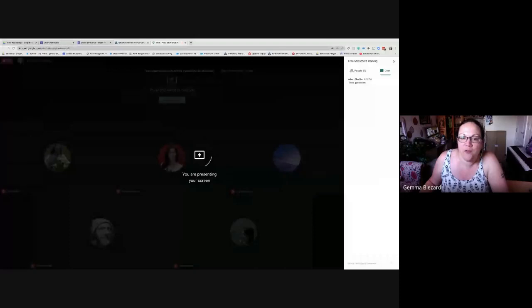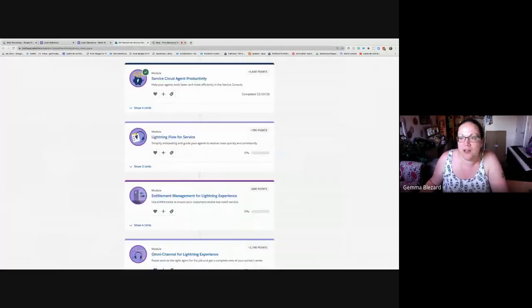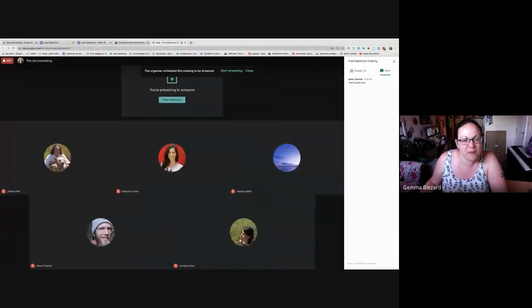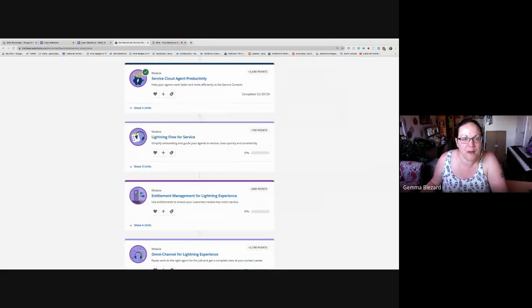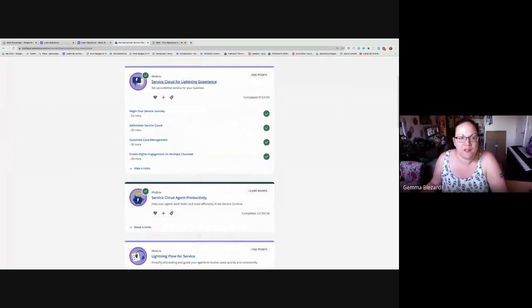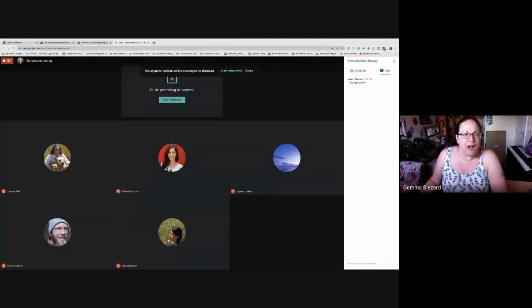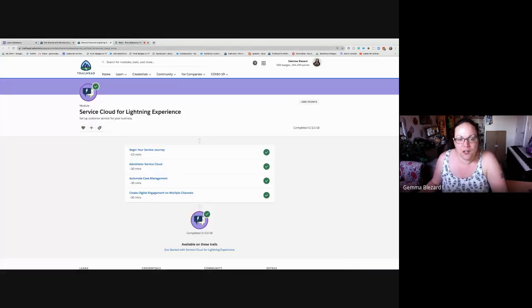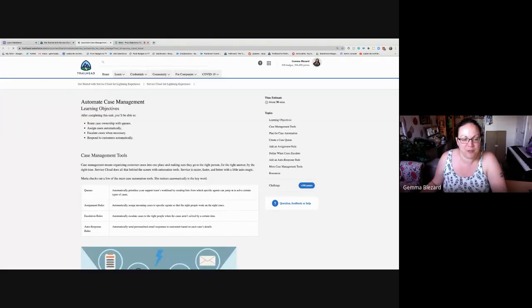So I hope you've all got Trailhead up and running again. As always, we always work off Trailhead. So the badge that we're doing is called Service Cloud for Lightning Experience. And we are going to just finish off this final piece around automating case management,